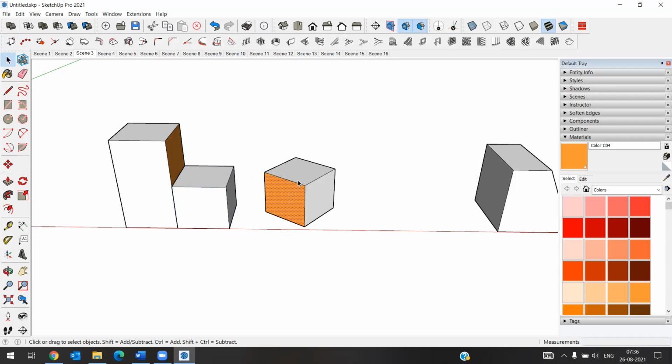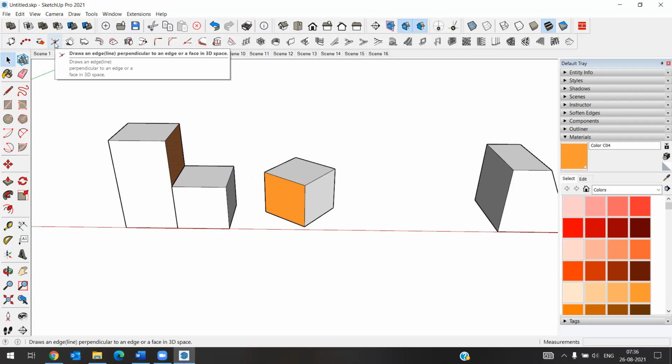Without group also it will align the total object. It will not take only the face, whatever it is connected, everything will be attached to that particular surface. So in this way we will align the objects. So this is the aligning tool use.